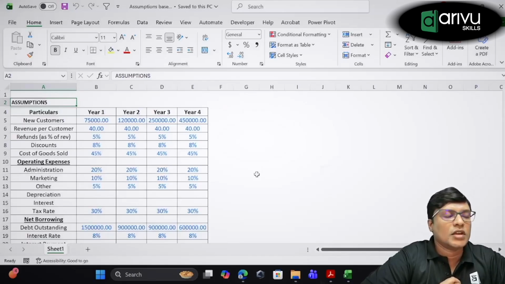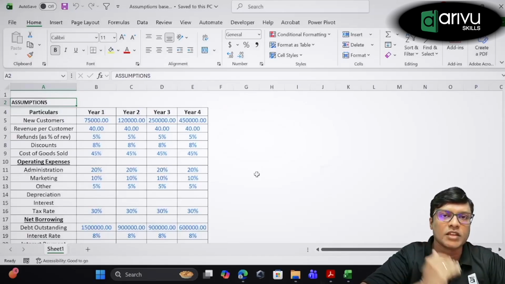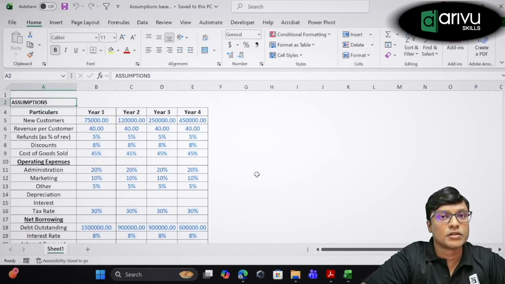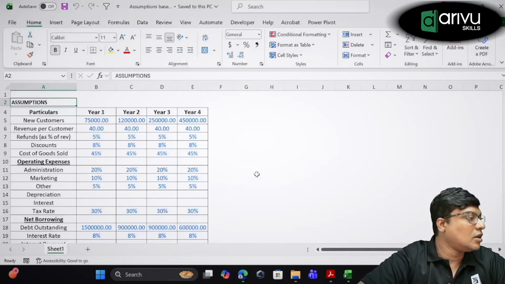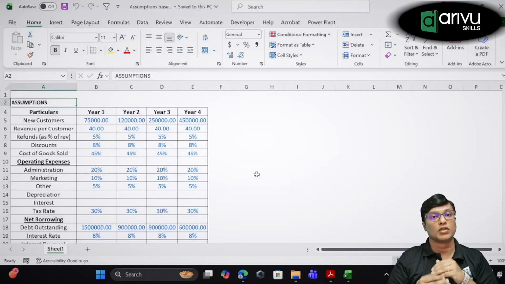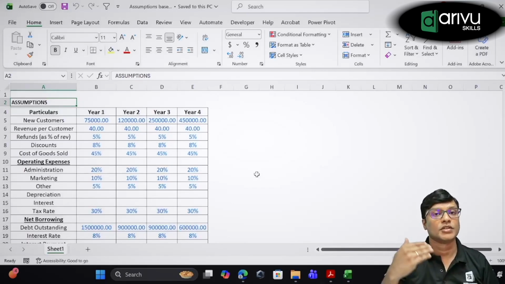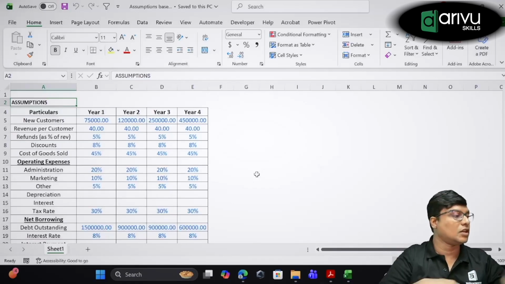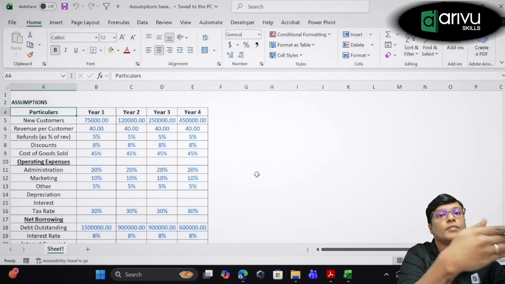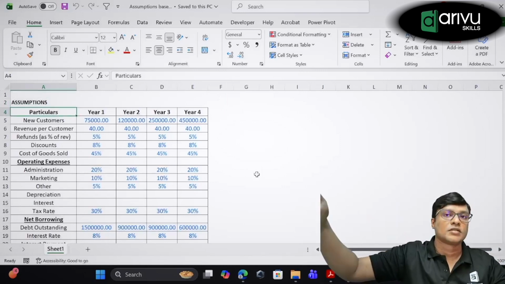So today, the first and foremost thing in any financial modeling is that we build the forecast based on the assumptions. Now, in the given situation, they have already given certain assumptions. Based on that, we build the forecasted income statement, or assumption-based income statement. Here, based on the historical data, they have assumed that this will be the forecast in the next 4